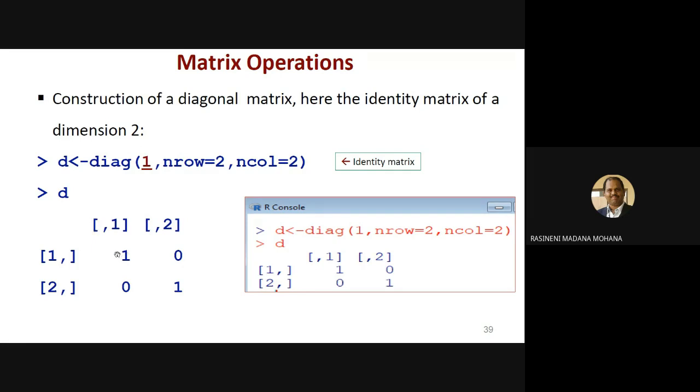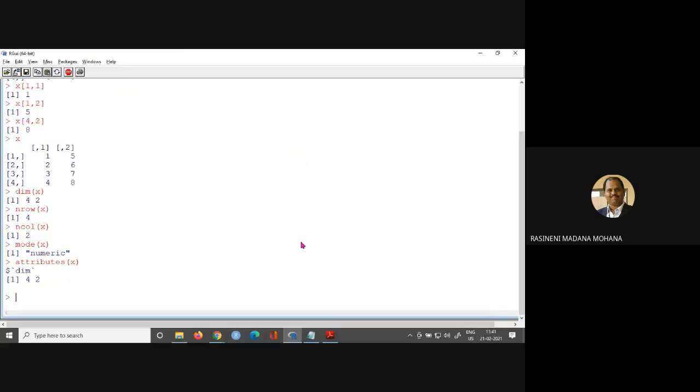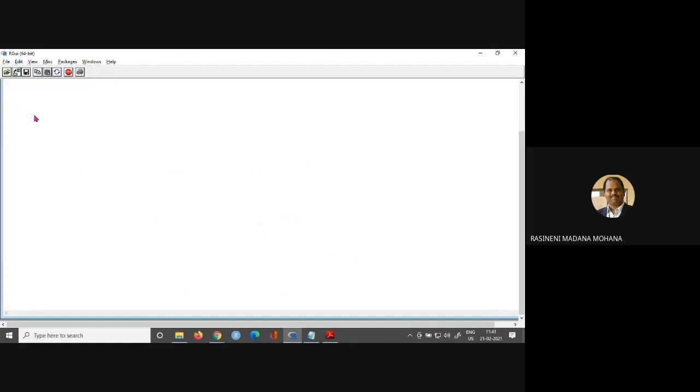Now you can see the output here. The first diagonal element is 1, the second diagonal element is 1, and the remaining are filled with default zeros. So this is the command for creating a diagonal matrix. Let us try it. First clear this console. Now I am storing the diagonal matrix in d.